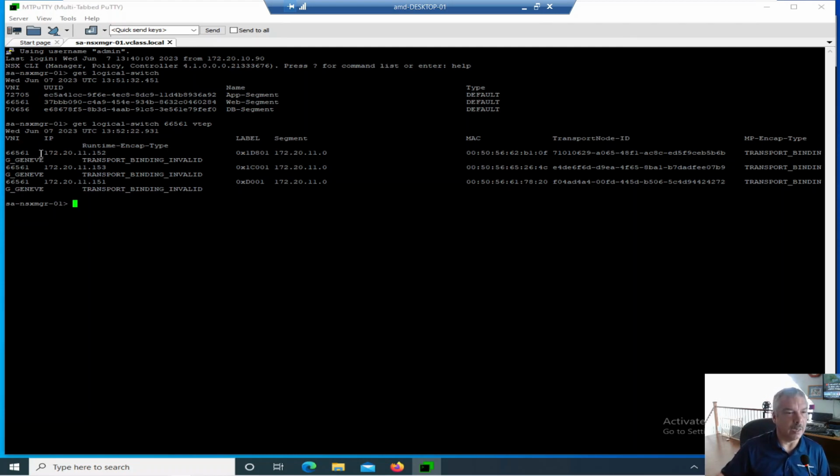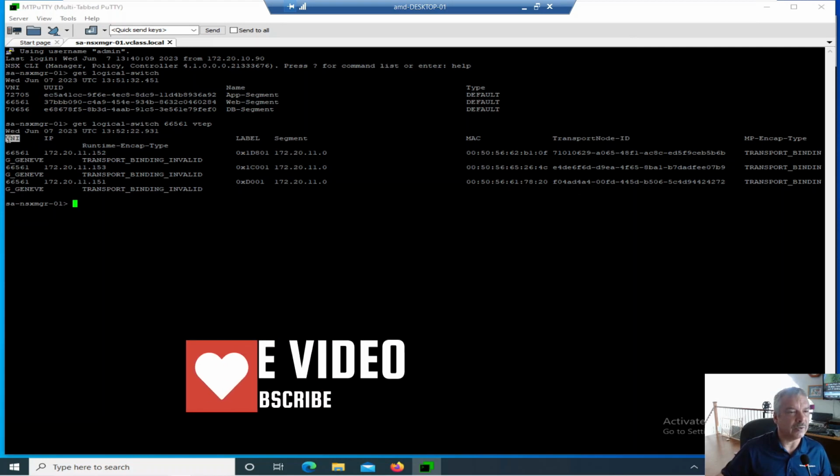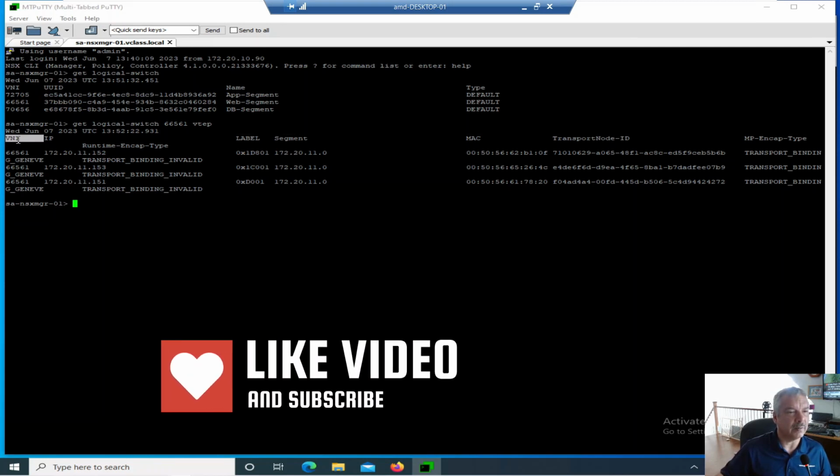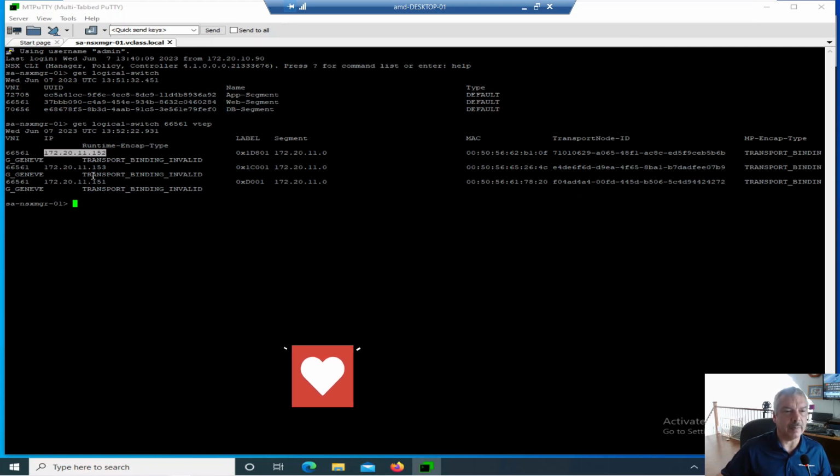Okay. So this kind of wrapped around on me, unfortunately. But you see there's the VNI ID. You'll see the IP address. This is the IP of the TEP. That's the TEP IP of host 2, TEP IP of host 3, and TEP IP of host 1. Okay? When I look at this, I just didn't recognize the numbers, but technically speaking, you could go and view that